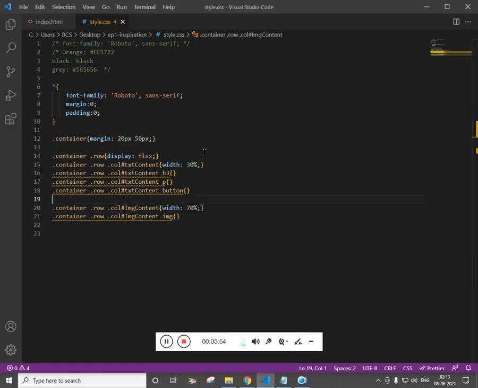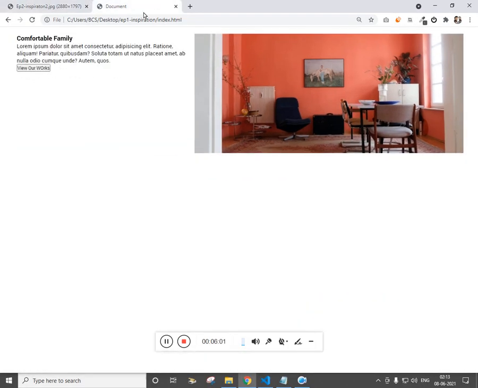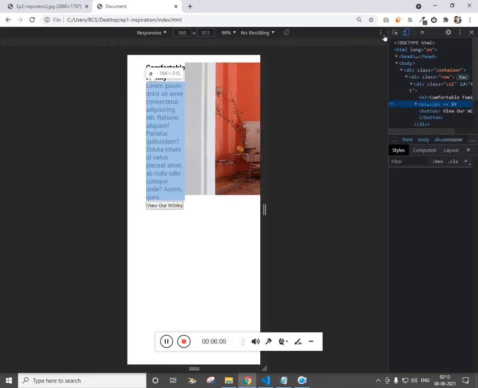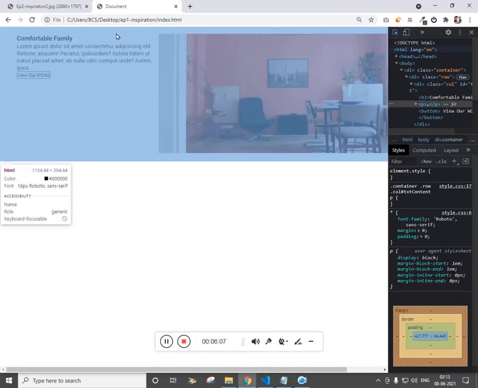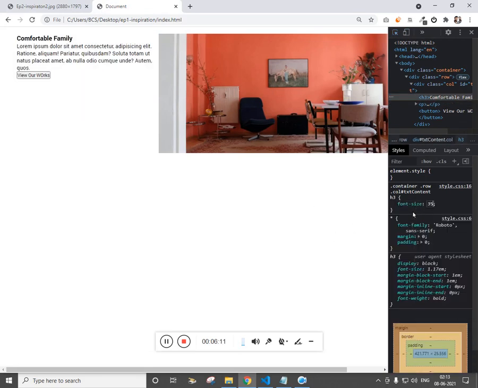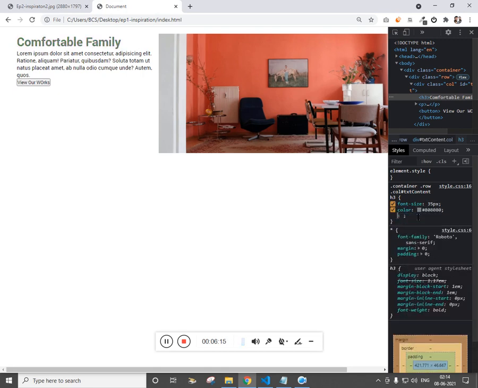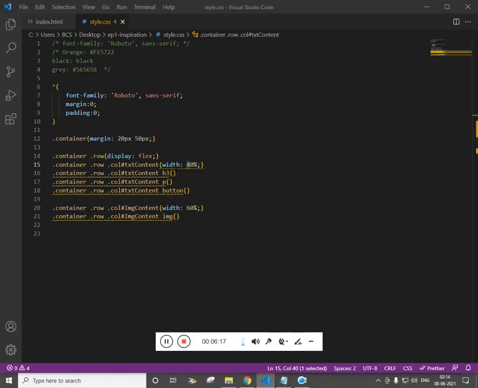Is not okay. 60/40 was right. Fine. Now let's design this content. So let me inspect this. Let's add the font size of 35 pixel, color of gray, which I have mentioned.